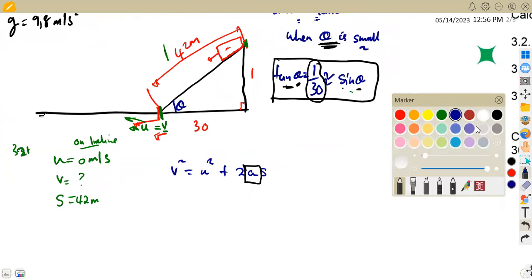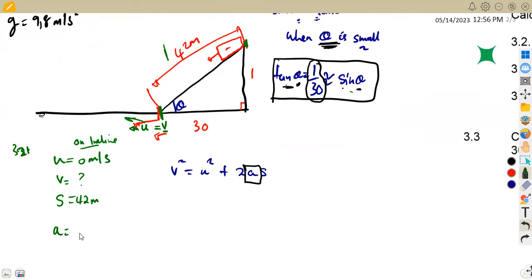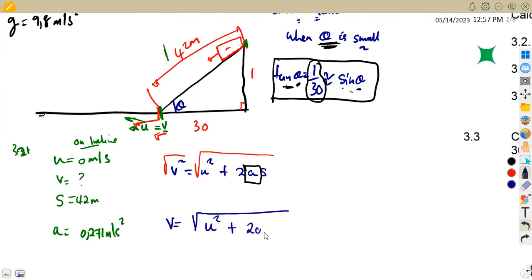So we said we have got acceleration. So our acceleration is 0.271 meters per square second. All right. So to calculate v, we can just substitute our values, or here we can introduce the square root to calculate v directly. Meaning to say v is going to be the square root of u squared plus 2as. So v is equal to the square root of u squared, our initial velocity of 0 meters per second. So that's 0 squared plus 2 times the acceleration of